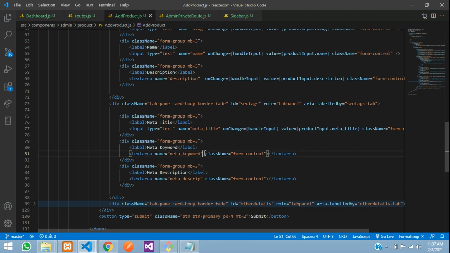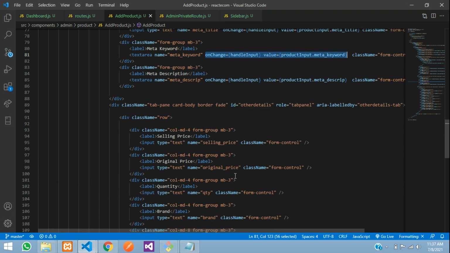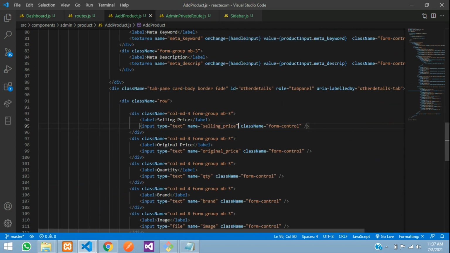So for your text area also, you are going to use the same thing: paste the meta description and your meta keyword. All set. So same way for the third option, your other details, that is your pricing, everything. Okay, so let's give over here selling price,